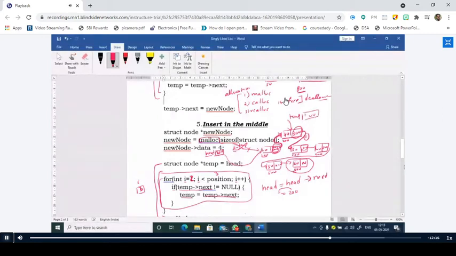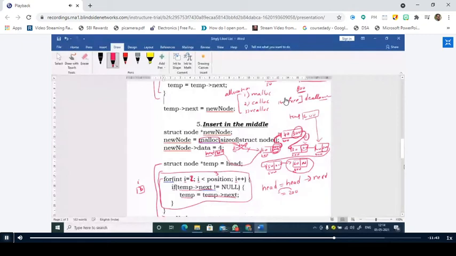Temp is pointing to this node. Now again check the while loop, because the while loop iterates until the condition becomes false. Temp next, what is the value of temp next now? Temp at 400, next is 500. 500 is not equal to null. Therefore, the value is changed to 400. Super, right? Therefore, it is pointing to this node.